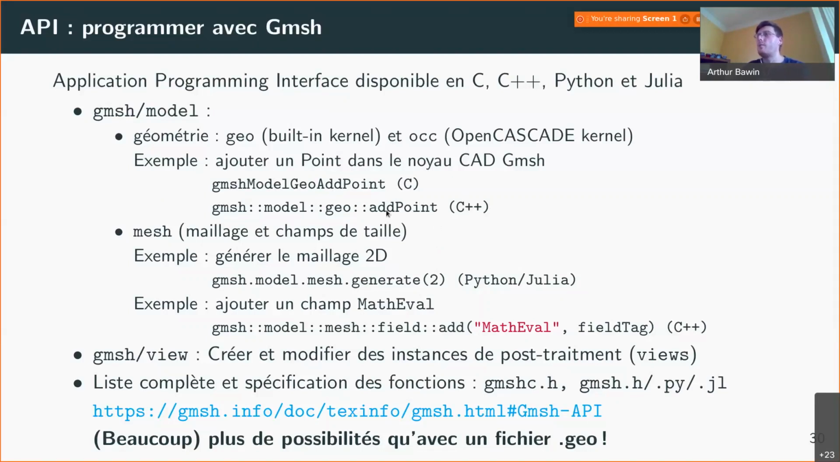If you wanted to add the point in the Open Cascade kernel, so in the Open Cascade representation, which we're going to do in our example because we're using the circle function, we're going to use gmsh.model.occ.addPoint. And the other main sub namespace is the mesh, which contains the mesh related functions and the size field related functions. So for example, if you want to generate the mesh in our code in Python, we're going to use